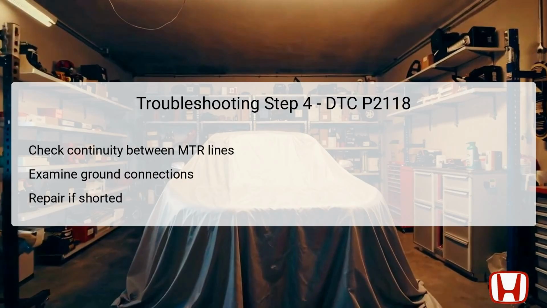In step 4, the technician should check continuity between the test points of the MTR1 line and the MTR2 line. This process requires ensuring the vehicle remains off and both PCM connectors B and C are disconnected alongside the throttle body connector. Continuity between the Throttle Body 6P connector terminals, number 1 and number 2, and body ground is verified in this step. If continuity is present, it indicates that either the MTR1 wire or MTR2 wire has a short